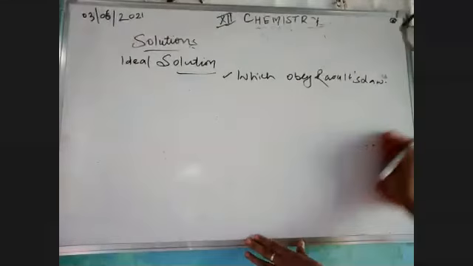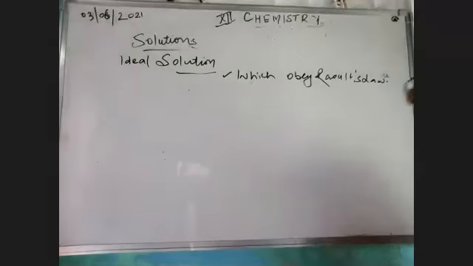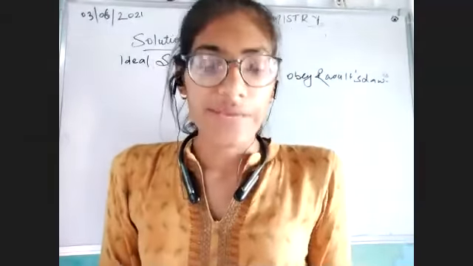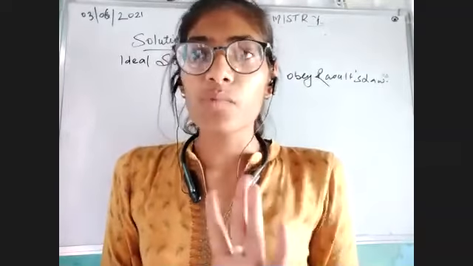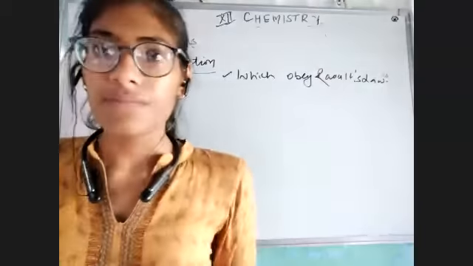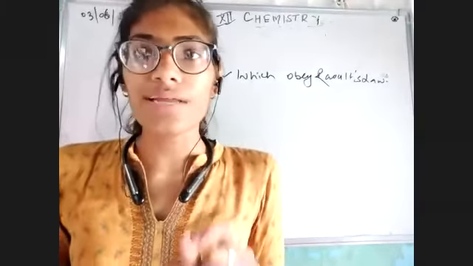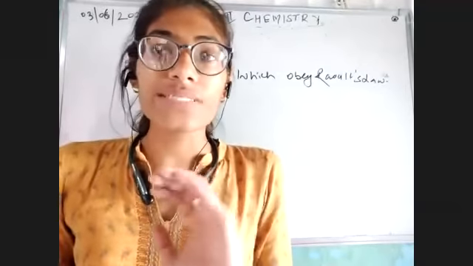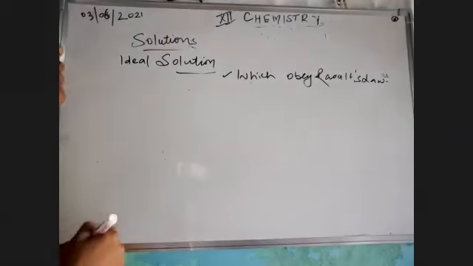Let's say you have come to know that ideal solutions are very rare to find. There are only very few examples, like benzene and toluene. Both are made up of a benzene ring and they have almost the same interaction. Or n-hexane and heptane: both are linear chains and they have the same interaction. Now, let me move on to the non-ideal solution.